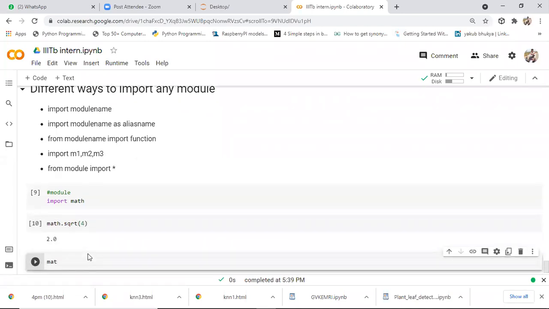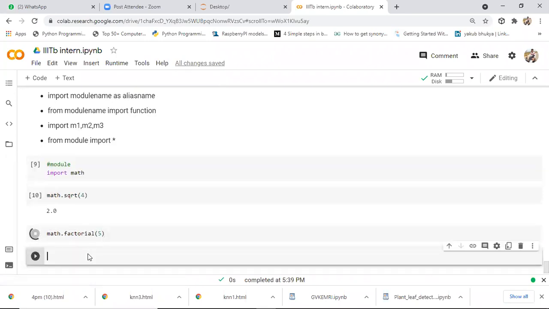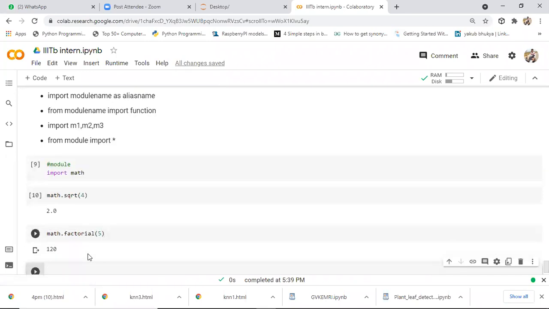And simply here we have math dot factorial. To find the factorial, previously we wrote a program, right? Here we have the function factorial directly. If you say factorial of 5, it will give you the factorial of 5, that is 120. It's a very easy thing, guys. So we can perform this operation very easily. That is the advantage of a module. Based on our requirement, we call a specific function from this module. Whenever I want to call a function from this module, I simply say module name dot function name.